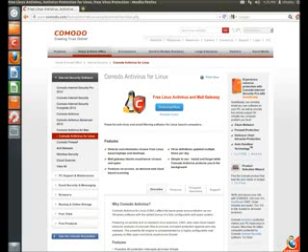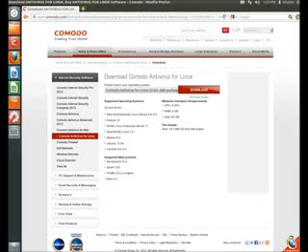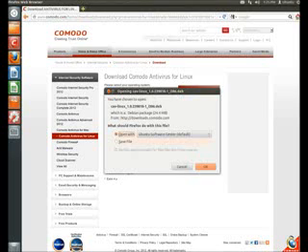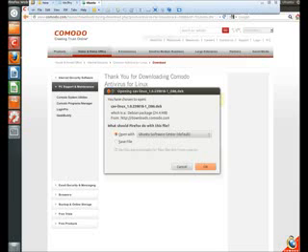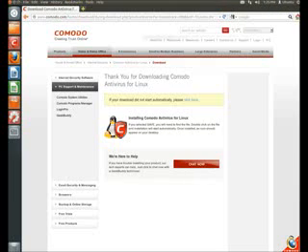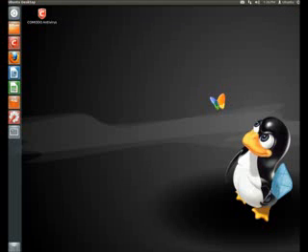You would click on the blue download button, select the package that's best for your operating system, if it's a 32-bit or 64-bit system, and then click download. Leave Open with Ubuntu Software Center checked and click OK. As soon as you do that, it'll begin downloading. It'll open Ubuntu Software Center and begin installing all on its own. When it's finished installing, it leaves an icon on the desktop, and if you double click the icon,